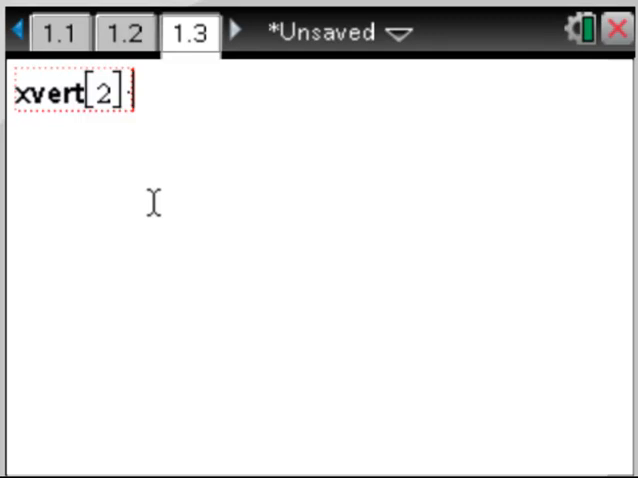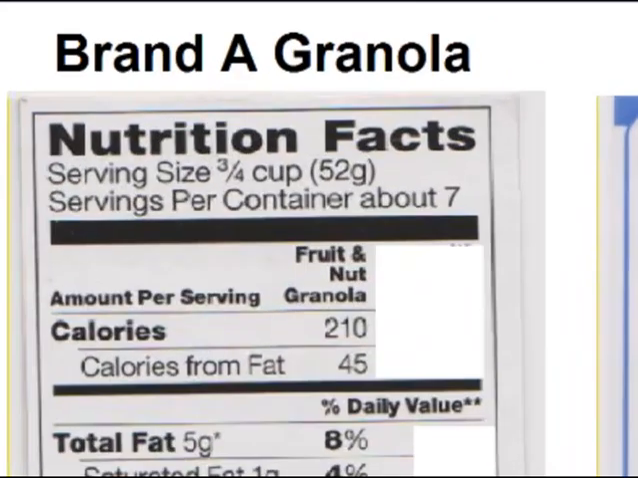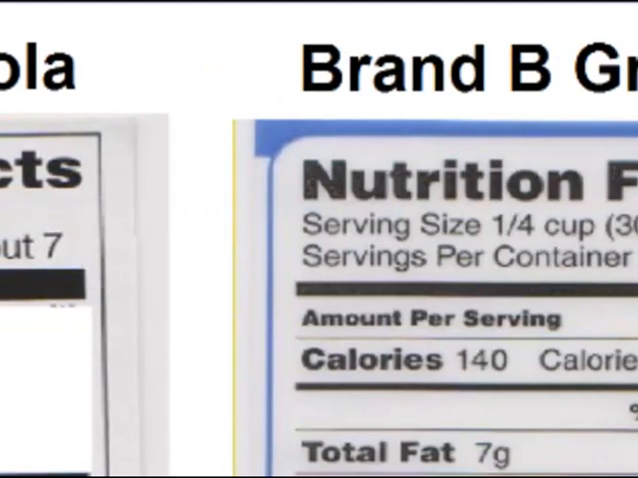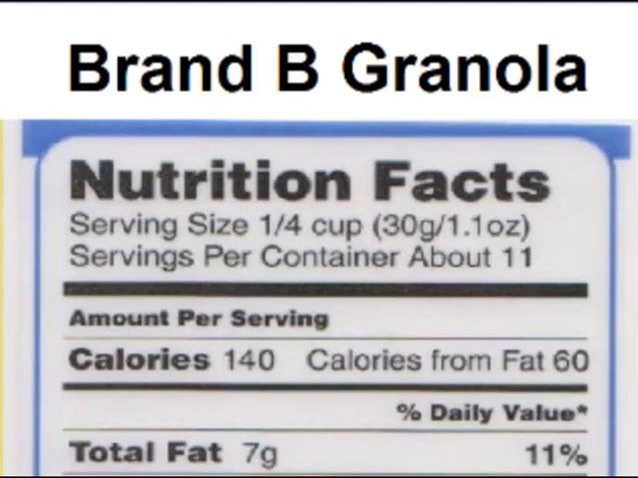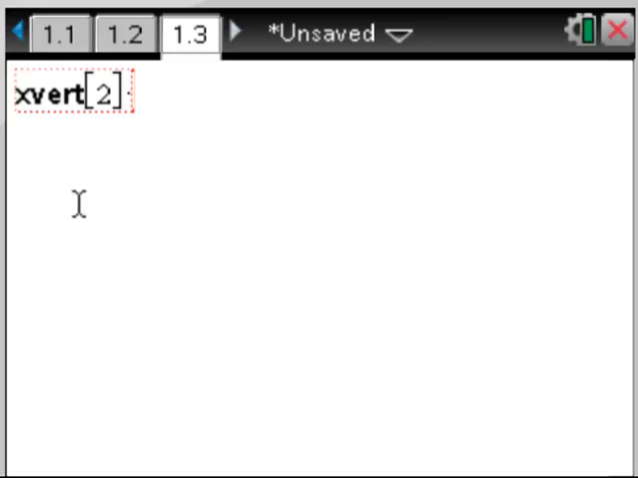times, in case you've forgotten, the nutritional fact sheet. Take a look at brand A. It's right there, serving size 3/4 cup or 52 grams. Let's also take a look at brand B when we do the similar calculation there. A serving size is 30 grams for brand B. So here, times 52